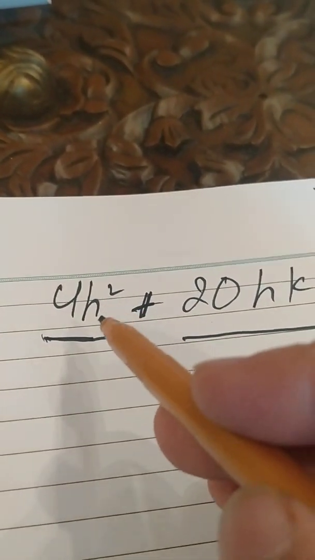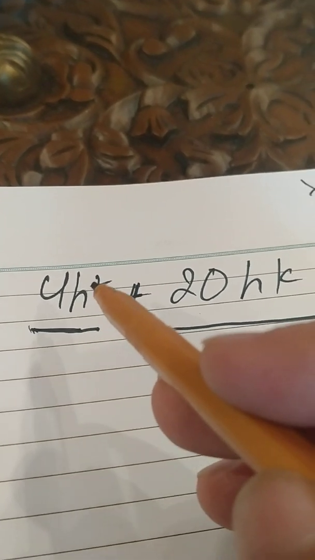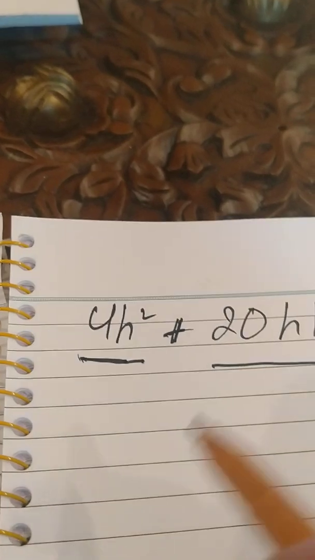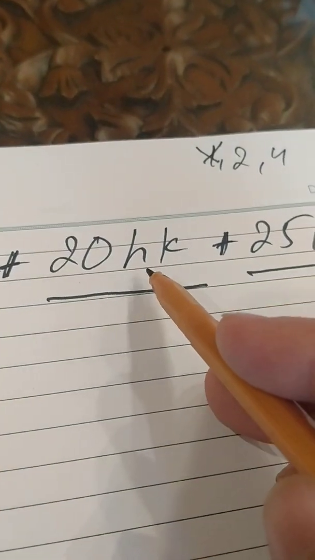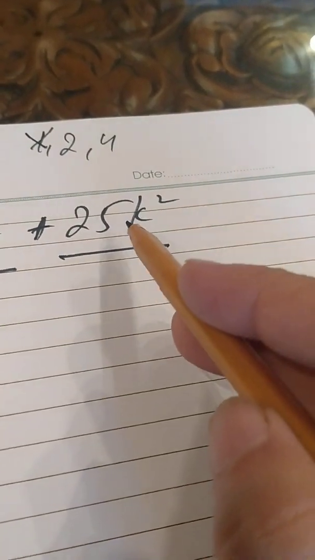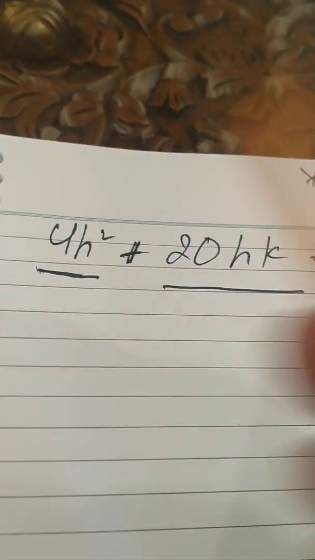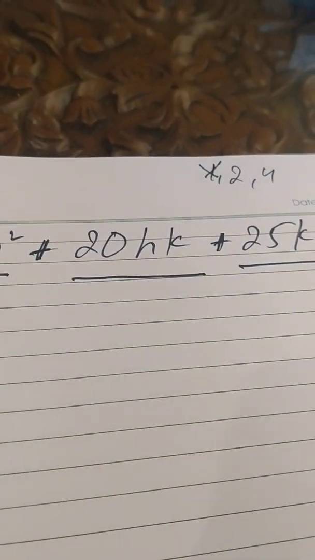Then if there is no common factor of numbers, we move to the variables. We take a variable as a common factor when it is common in the first term, the second term and the third term. If you look carefully, h is in the first term, h is in the second term, but h is not here. It means h is not a common variable. If a variable is not common, we will not use it as a common factor.